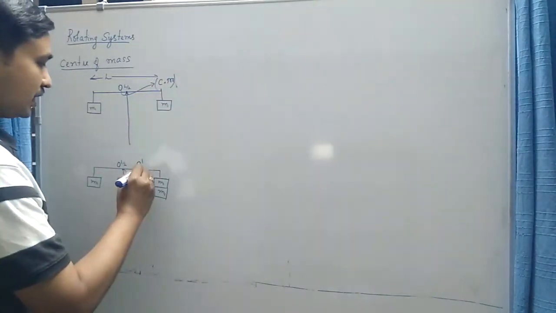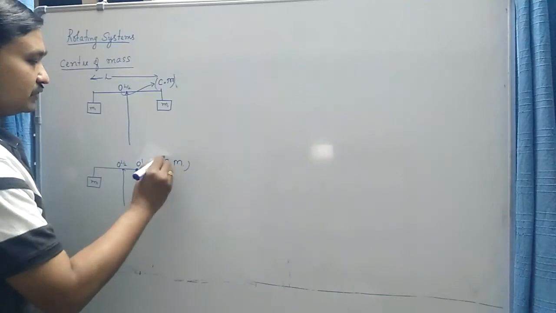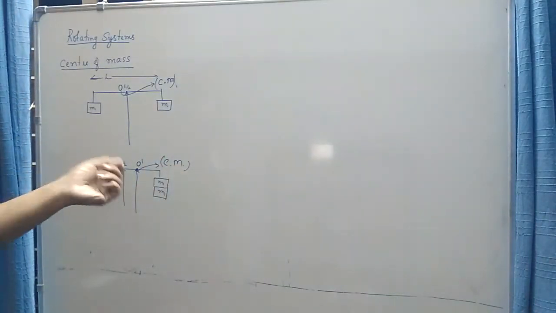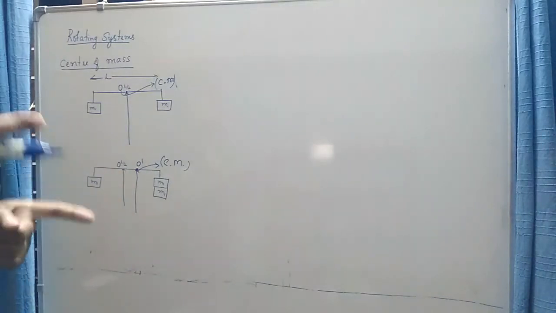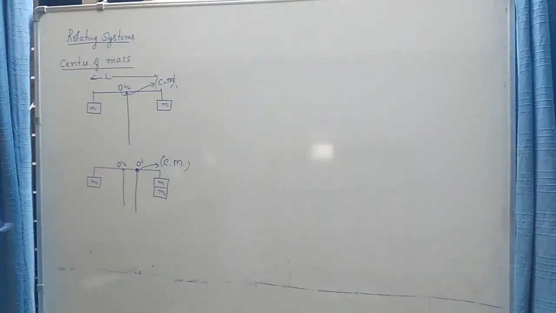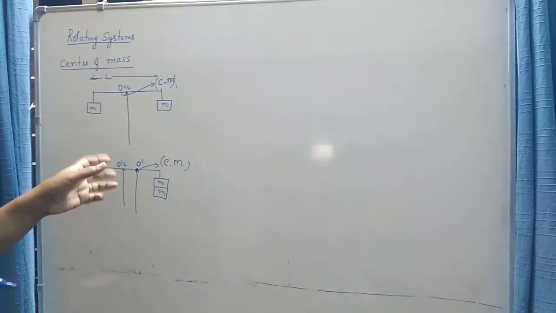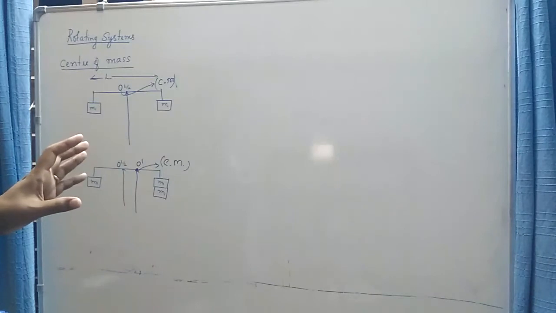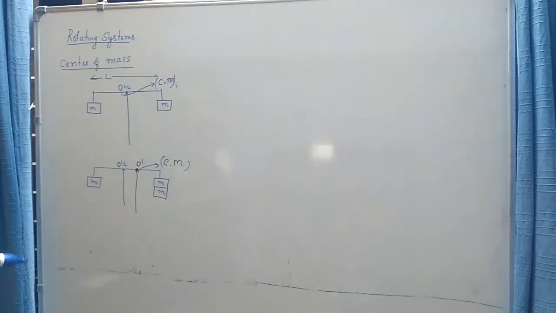So here O dash represents the center of mass, which acts as a balancing point, and it is always about the center of mass that the particle is tilting or rotating. So if I try to rotate this type of system, it will always rotate about its center of mass, which is a type of balancing point. This imaginary point is very helpful in physical problems, because it simplifies the mathematical description to a great extent.